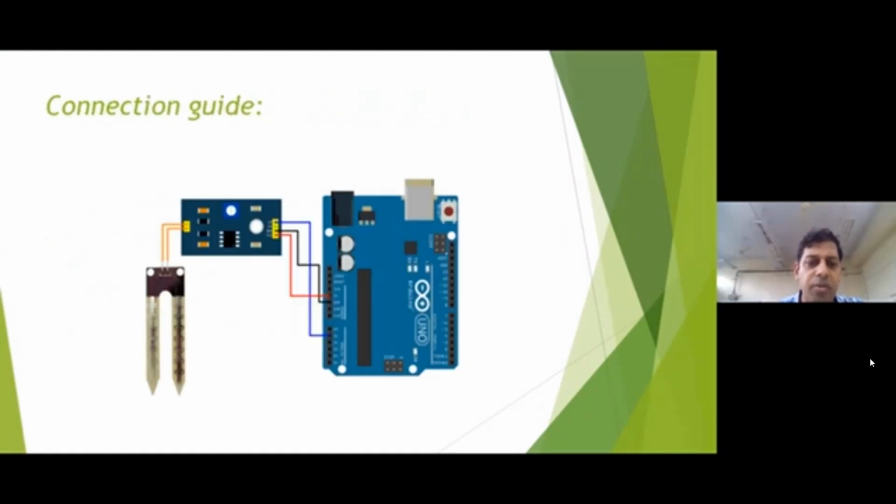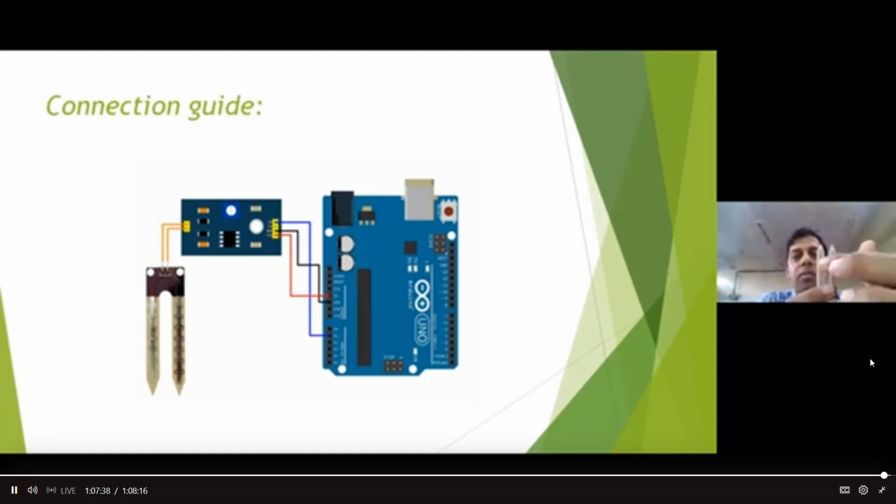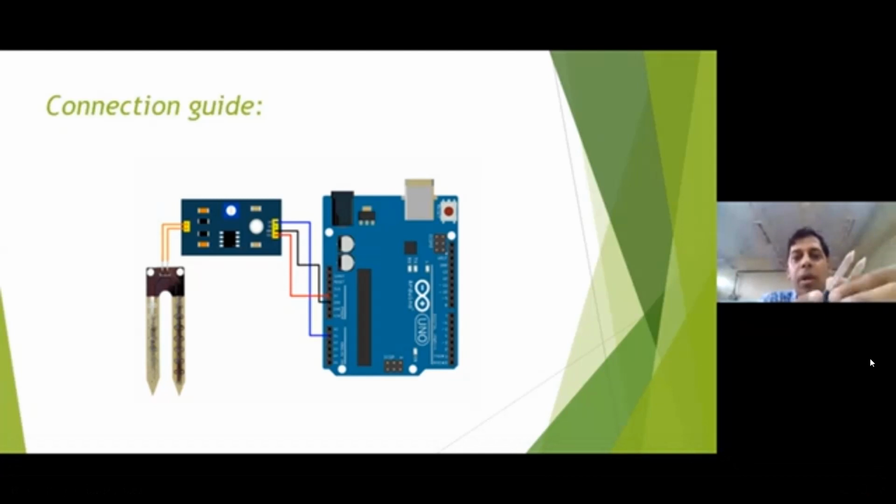Similarly, you can use the soil moisture sensor. That is also a very cheap sensor, not a very costly sensor. If you buy any kit, all these small sensors are available in that particular kit. You just insert this particular probe into the soil, and a variable resistance kind of element is connected. Based on this variable resistance, we can get the soil moisture value. But it is just not connected directly.